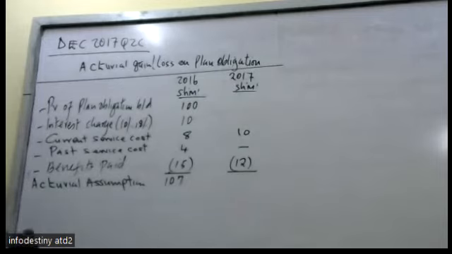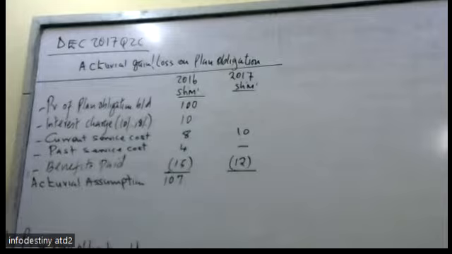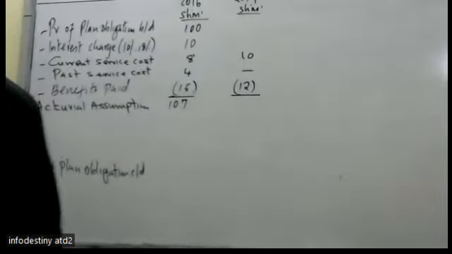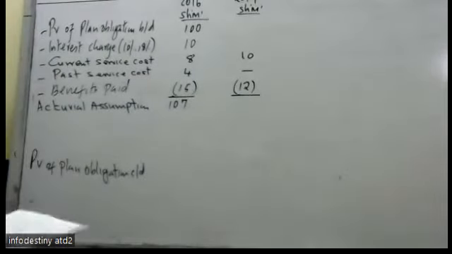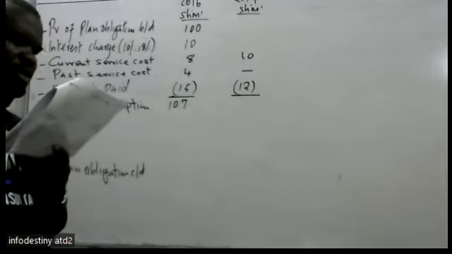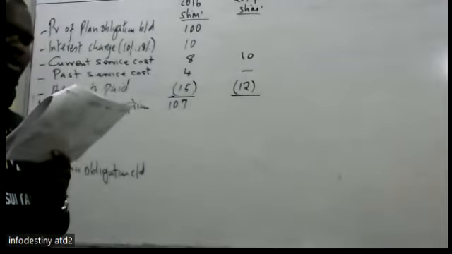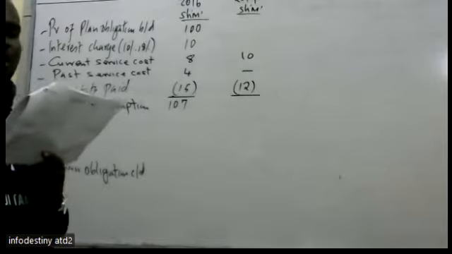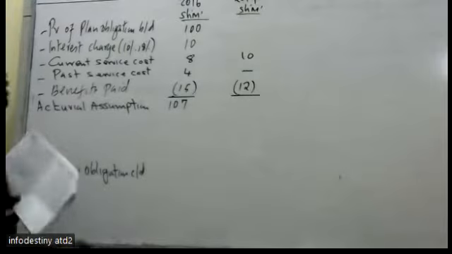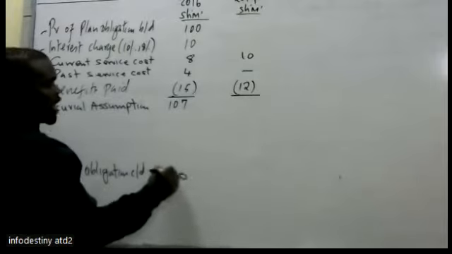Then you check present value of plan obligation carried down. Prepare it for the examiner well, that one they will not deny you. So check the actual outcome in the scheme. How much at the end of 2016? Present value of plan obligation 1st November 2016. Are you seeing the 100? So the actual outcome in the scheme is 100.